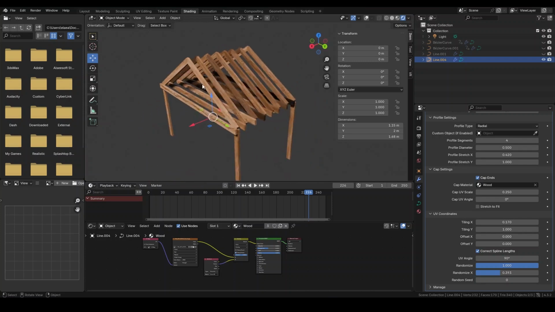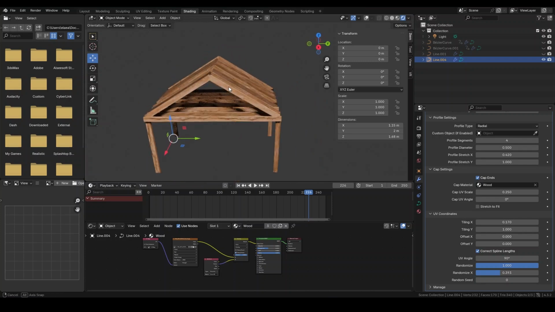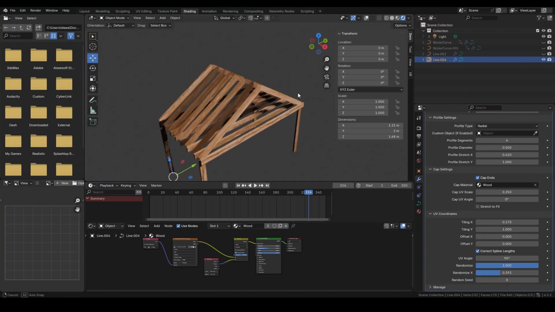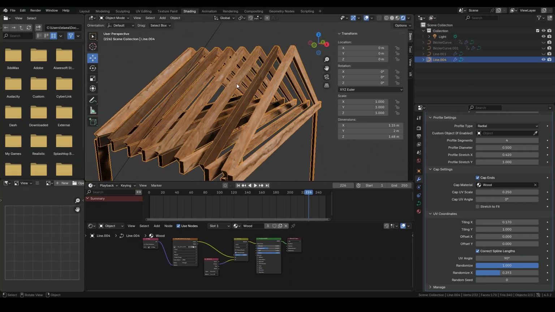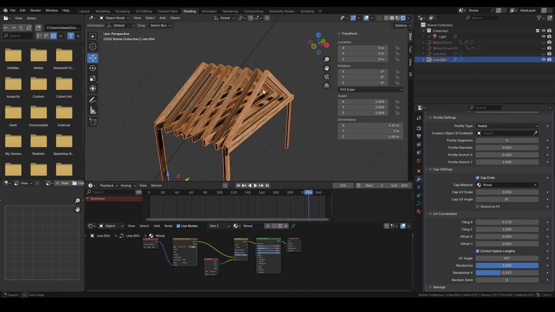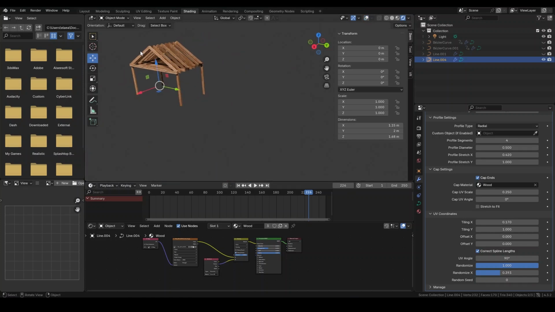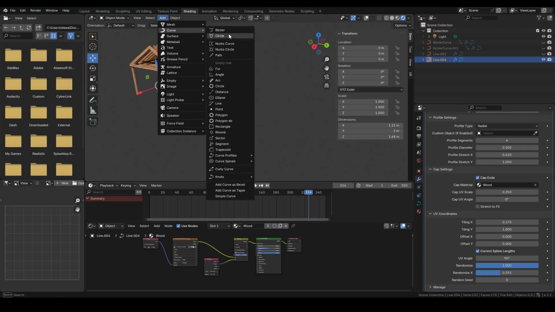And so yeah, you can see just how versatile and useful this setup is, especially if you need to create stuff like this where there's a lot of variety, but you don't want to have to manually tweak individual objects, individual curves, just to get the variety you need. And speaking of wood, let's look at one last use case. I'm going to create a new curve,